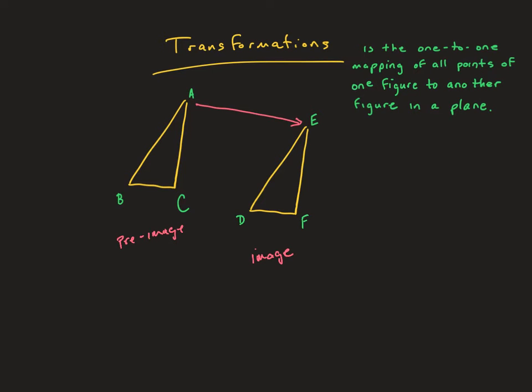And of course, hopefully you can see that B then maps to D, and C maps to F in the slide. That it's a transformation. There are different types of transformations, and